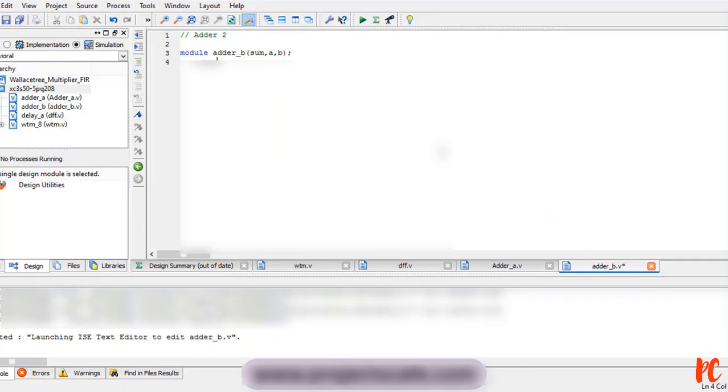Output I am defining. If carry generated, so I am assuming this to be 17-bit, 18-bit. Sum, input which is of 15 down to 0, a. One more input which is of 16 down to 0. This I am calling to be b. As usual, assign sum is equals to a plus b, followed by end module. Let me copy this for my next stage. Save.